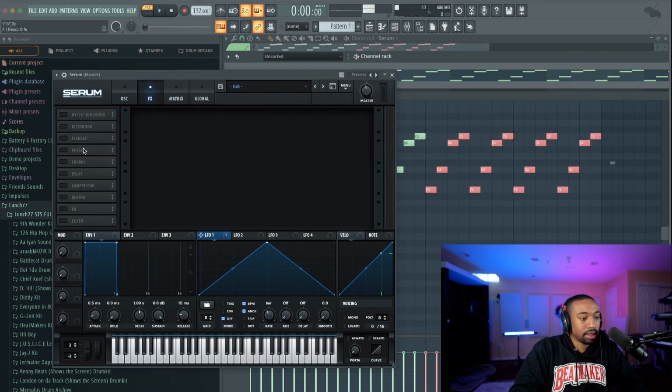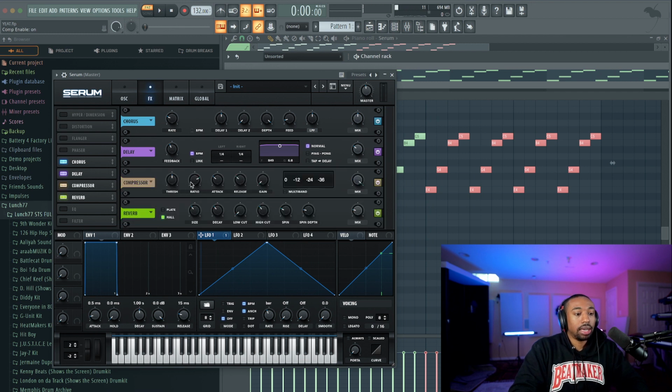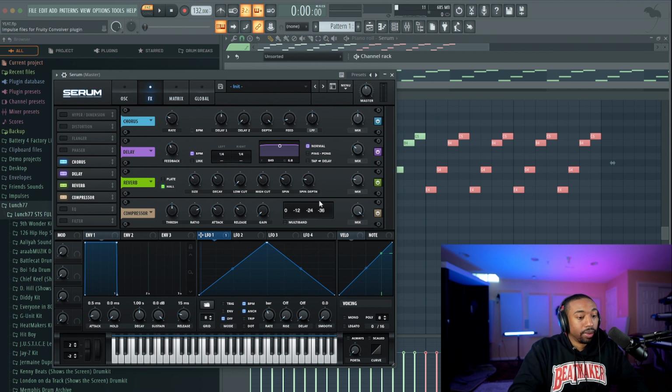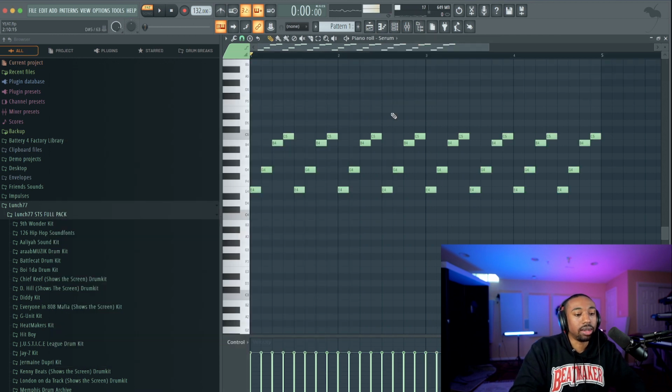Okay, so pretty basic. Let's go to the effects. Let's add chorus, delay, reverb, and compression. Now on the left side, I'm going to drag compression below the reverb, and we're going to go to multi-band, and I'm going to turn the gain knob up. So I'm squashing all those effects with compression. So the effects add what we need without changing the notes.